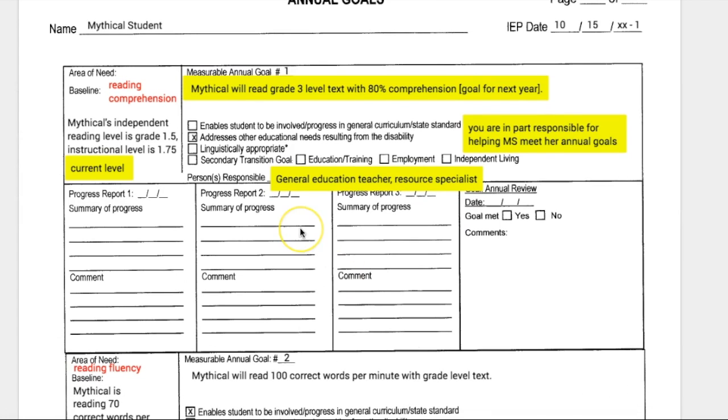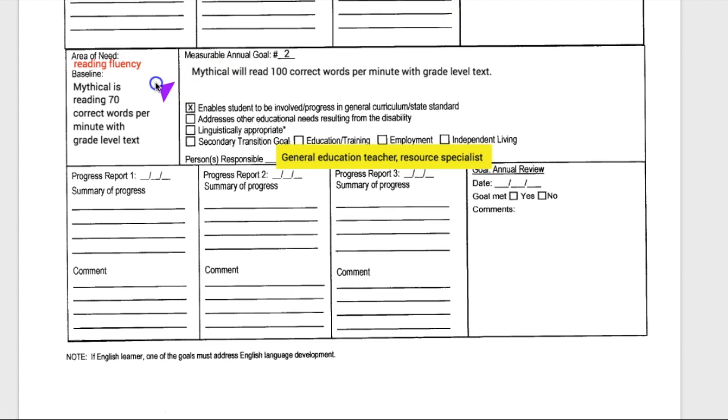This next page, the annual goals page, is very important for you because the students' annual goals will be developed based on your data and description of their present level of performance in areas of concern. You will also be responsible for helping to measure the child's progress towards mastery of these goals as the year goes on. You can see that both goals begin with a baseline, and then there's a measurable annual goal that describes where the student will hopefully be at next year's annual meeting.